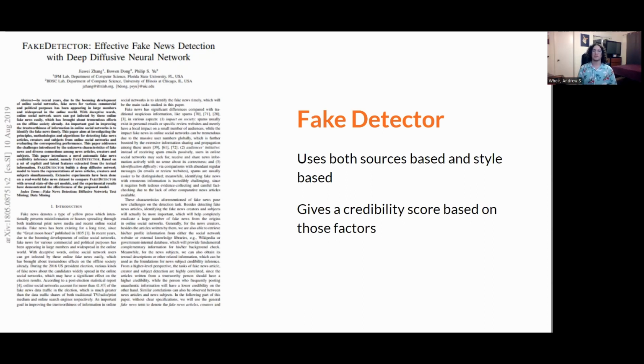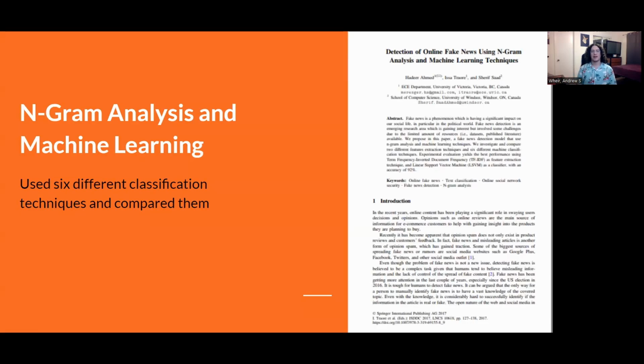Fake Detector used both source-based and style-based methods in order to form a sort of credibility score. Another paper called A Sensitive Stylistic Approach used both fact-checking and style-based in order to suss out Twitter threads about politics. N-gram analysis and machine learning was a very influential paper on our research. It used 6 different techniques, all style-based, in order to determine fake from real articles. Another one called fake news early detection focused on being as fast as possible. So along with N-gram analysis, it used strictly style-based, just to be as fast as possible.